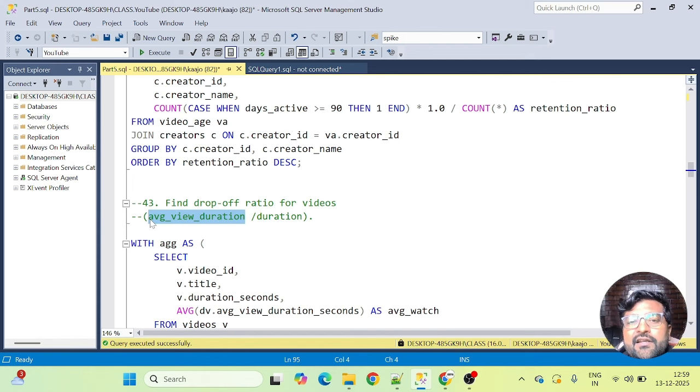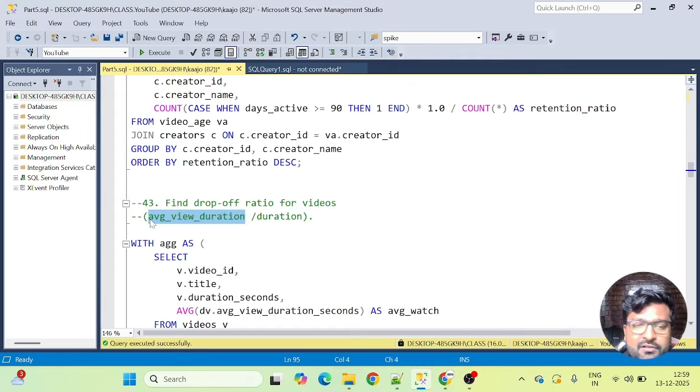If the total duration was 5 minutes and somebody is only watching it for 2 minutes, your drop off ratio would become 2 divided by 5, that is, 2 minutes divided by 5 minutes.